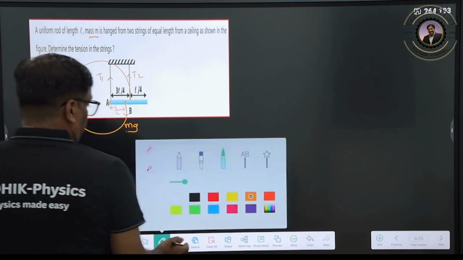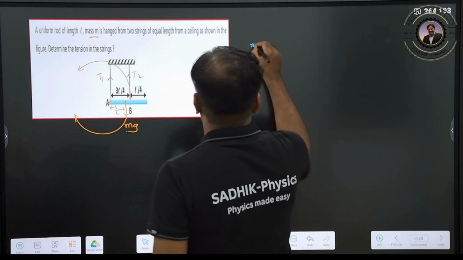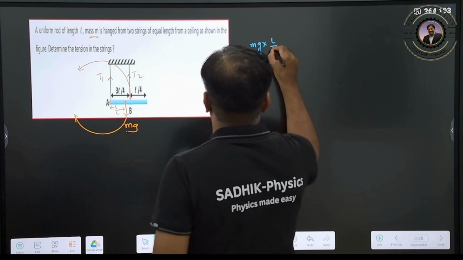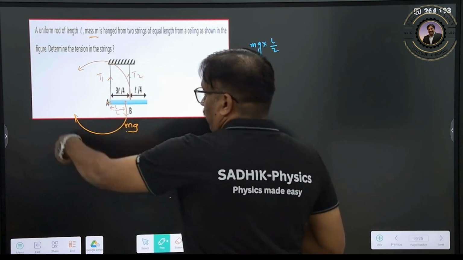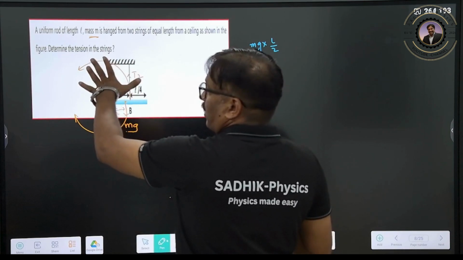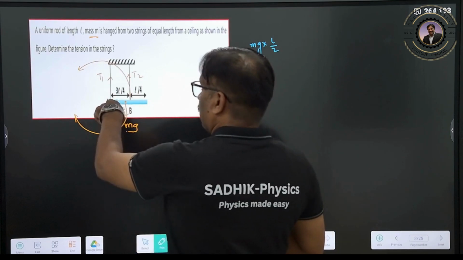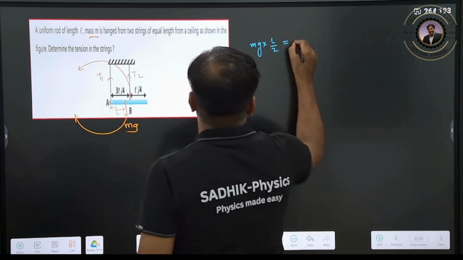Clear? So now we can rewrite it as mg into L by 2. This is downward, making a clockwise movement, and the other is anti-clockwise. This T1 will not create any torque, because it is passing through the end of this one. Therefore, here T2,